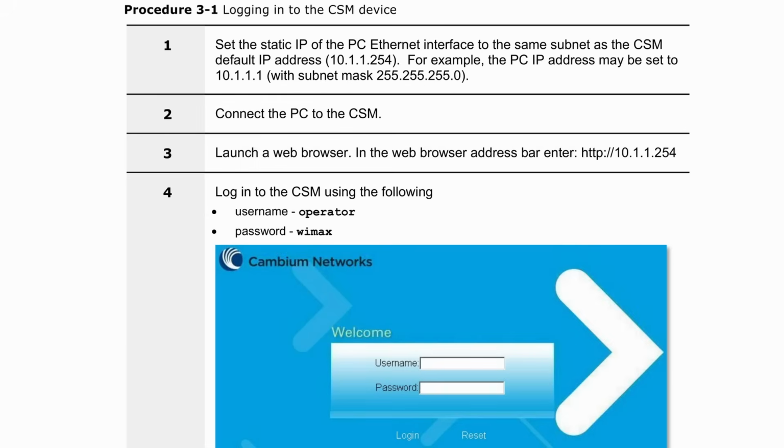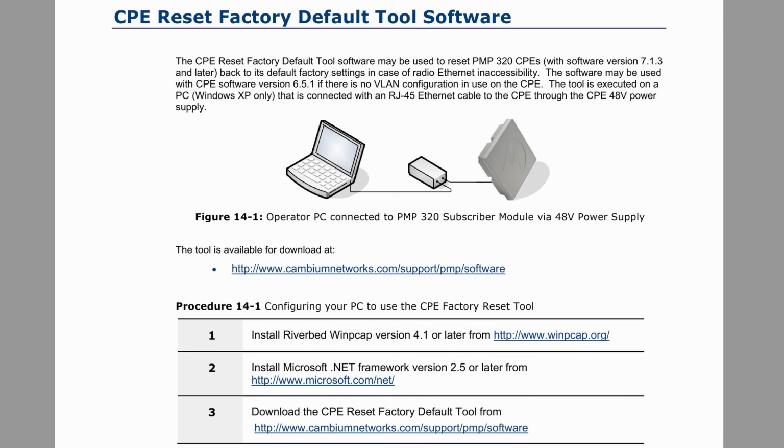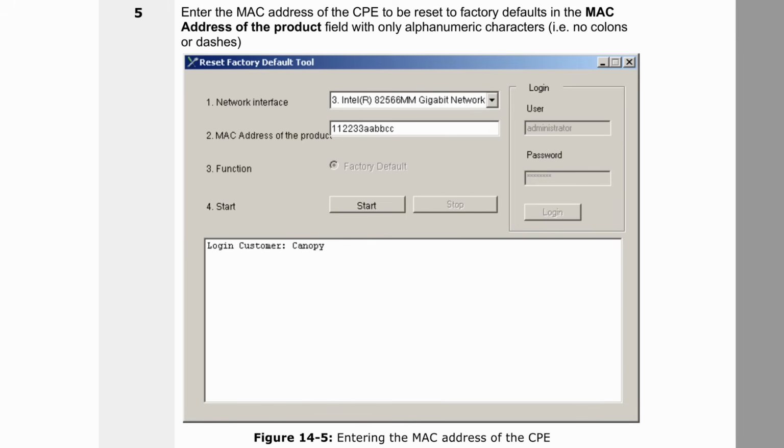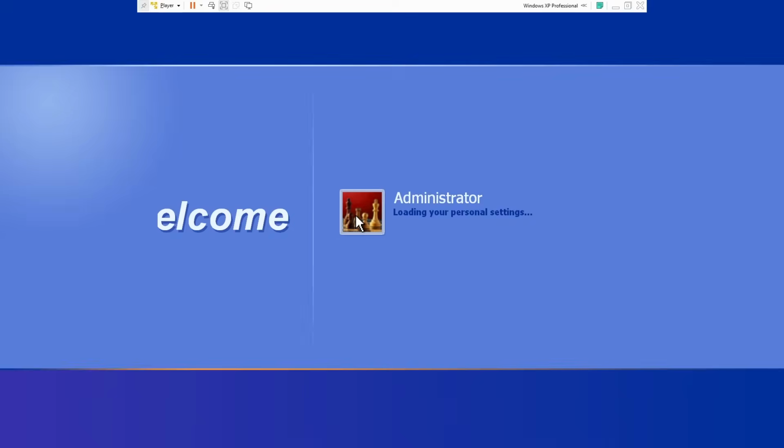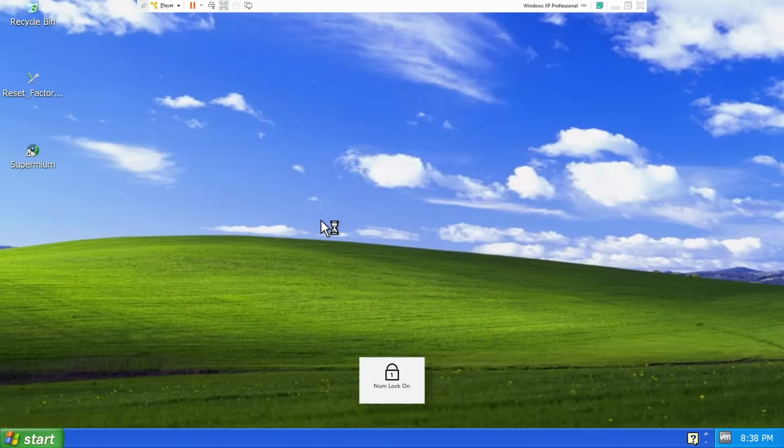One quirk with these is that if you lose the IP address or password to access it, you'll have to factory reset it, but there's no reset button. Instead, you have to use a utility on Windows. This utility was kind of a pain because it only worked on Windows XP. So, when I was using these at work, I'd have to keep a full Windows XP virtual machine just for